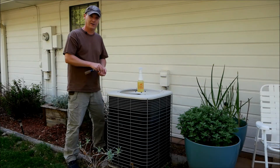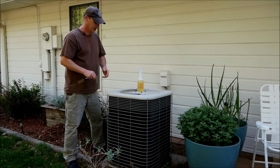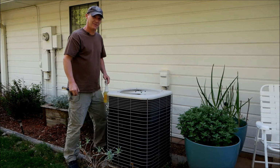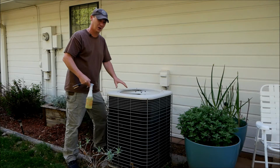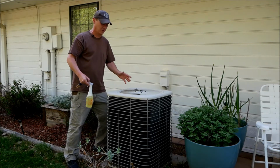I'm just doing a little yearly maintenance on the air conditioning system of our house. You can save yourself a lot of money by doing this stuff yourself. There's nothing really that hard about it. So I thought I'd go over the steps real quick in case you've never done this before and show you